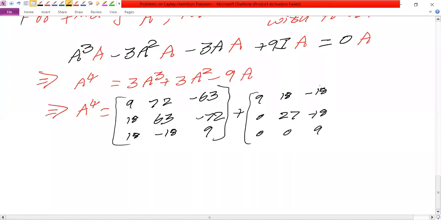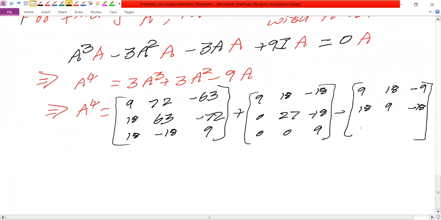I hope all of you are following with me with your calculators. 9 into A, so 9, 18, minus 9. Next 18, 9, minus 18, 18 minus 18 and 9, and you do the simplification, students, then you'll get A